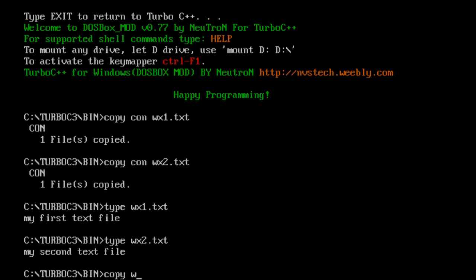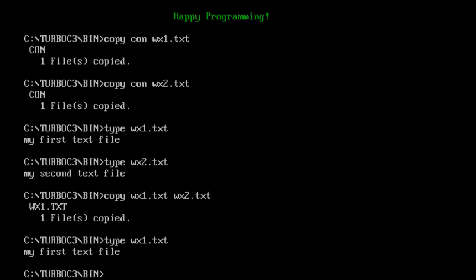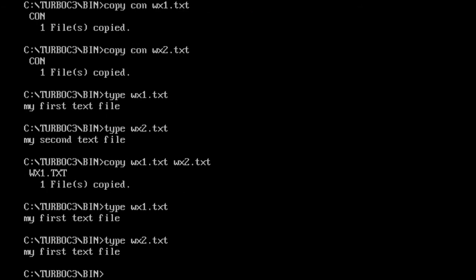Let us check how it works. wx1.txt and wx2.txt. While executing the copy command, one thing you should note is that you place your command first, then your first file, and then your second file. The contents from the first file are going to get copied to the second file. Let us check how. I am displaying the contents of the first file and the contents of the second file. If you can see on the screen,